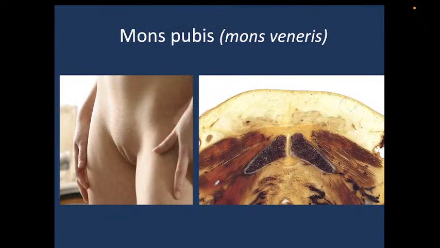Let's consider each organ in more detail. Mons pubis. This is also called the venous tubercle. Sometimes they call it mons veneris, sometimes lunar hillock in Russian culture. But that is the lowest part of the anterior abdominal wall here.